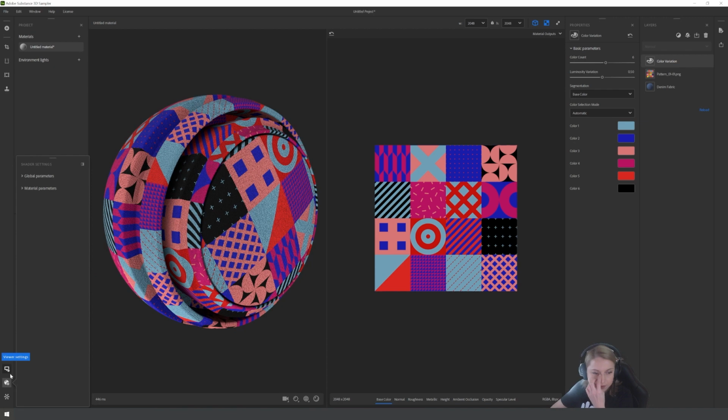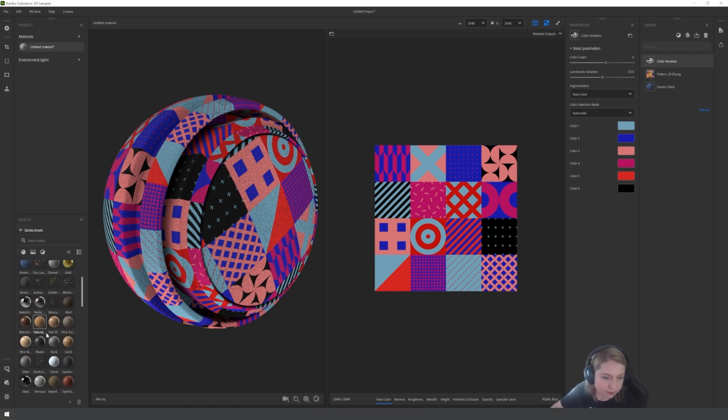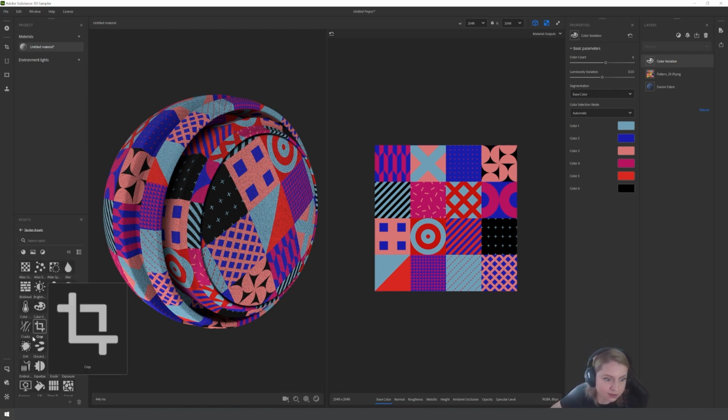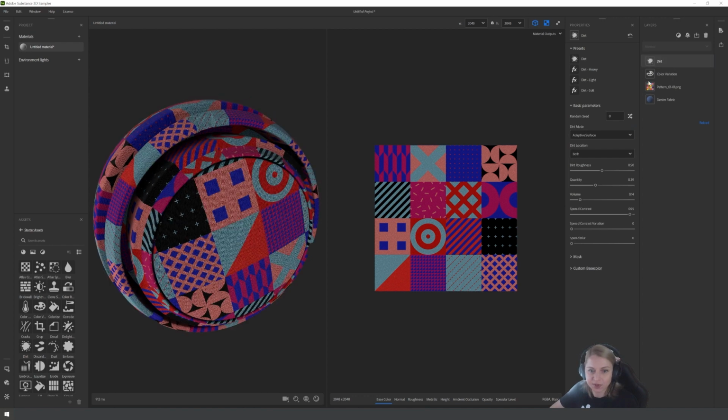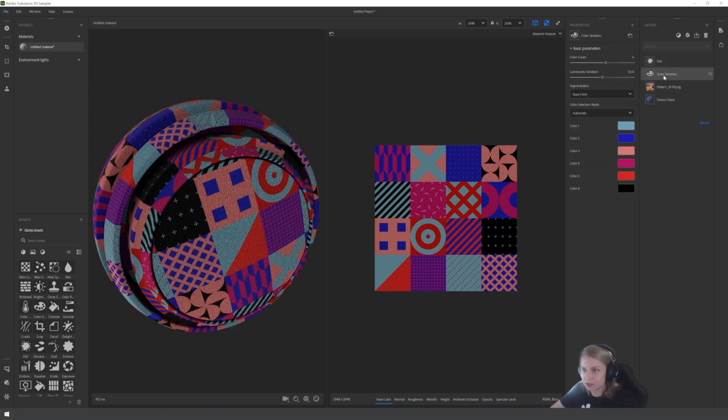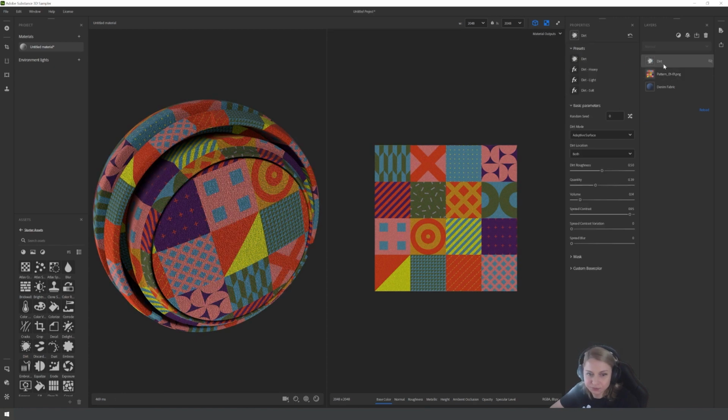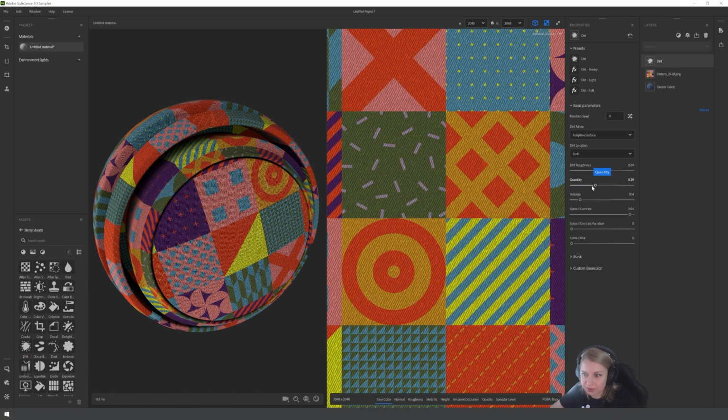You can also add stuff, for example, like dust and discarded gums and dirt and some other really fun things. Let's get rid of the color variations for now because I don't want to use them anyway. And this is the dirt. So we can see on this map how it looks.